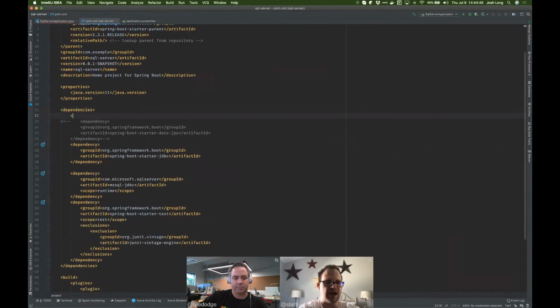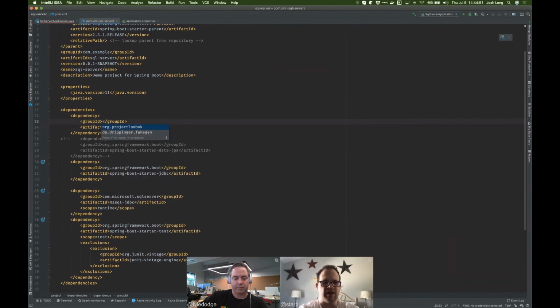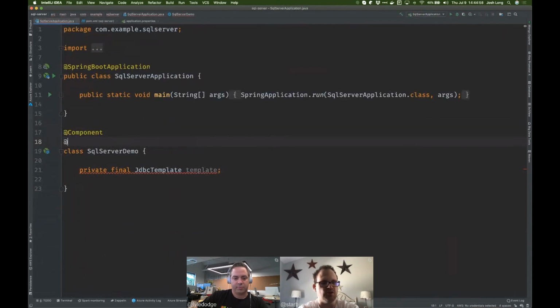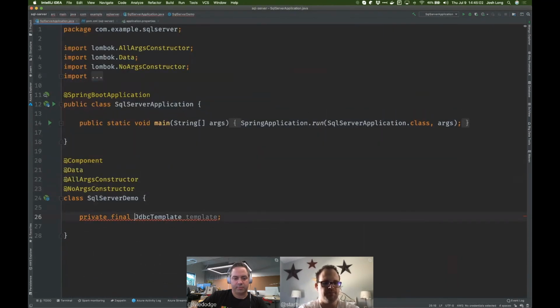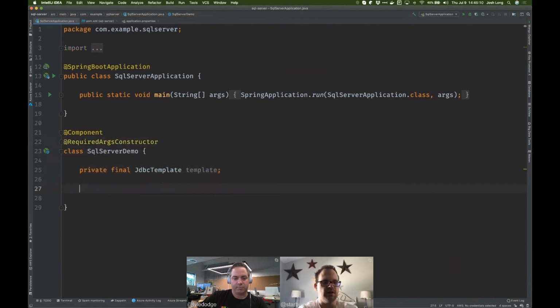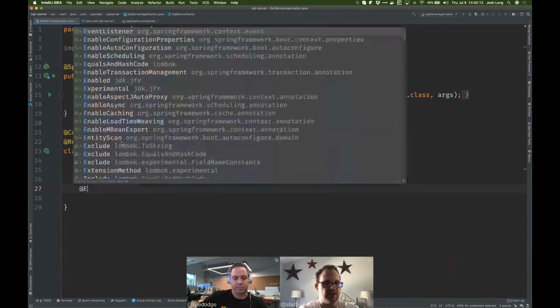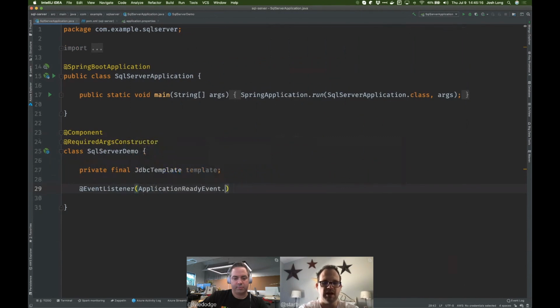Lombok is just a compile-time annotation processor. It makes it so that I can create annotations, the equivalent of attributes from C#. I can use annotations to synthesize getters, setters, toStrings, all that kind of stuff. So no args constructor, there we go. And actually, you know what? I need a required args constructor. There you go. That'll create a constructor for that final field. And then once that's done, I'm going to make this a component that listens for a lifecycle event, particularly the application ready event. Public void